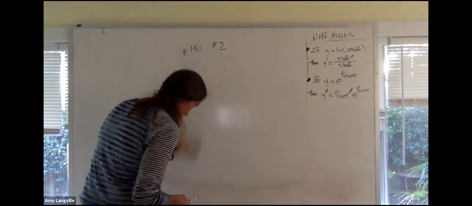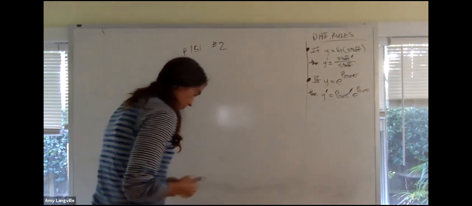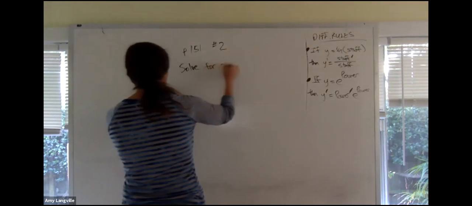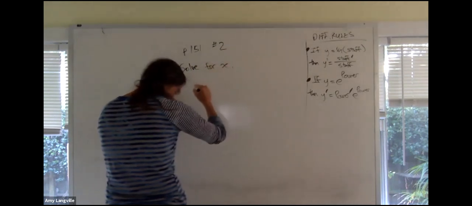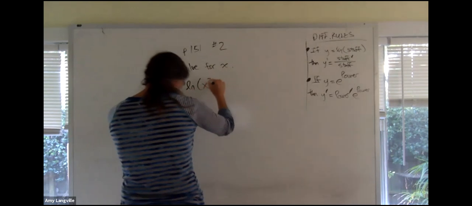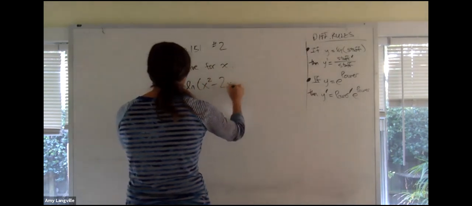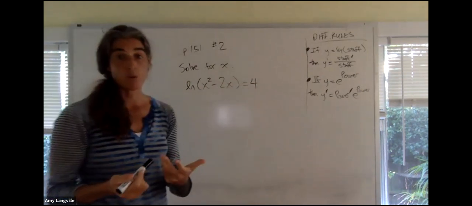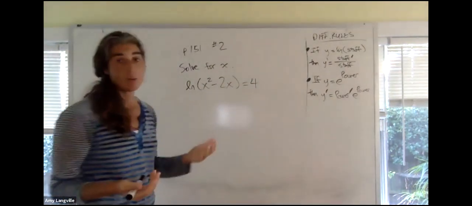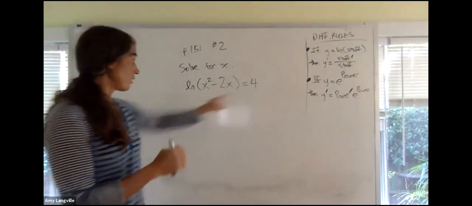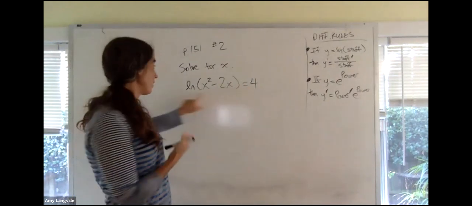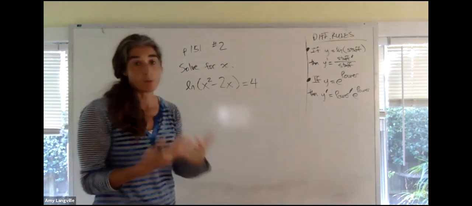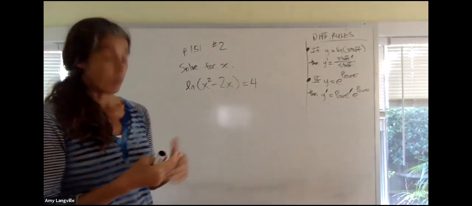Okay, so this one, Will's asking about, we're trying to solve for x, and the equation that we're given is ln(x squared minus 2x) equals 4. Okay, so when we have an equation, this one happens to be, just to use vocabulary, a logarithmic equation. It's got the equal sign, which makes it an equation, and then it's got the log, so we have a logarithmic equation. All that means, though, is that what we're going to have to do to solve